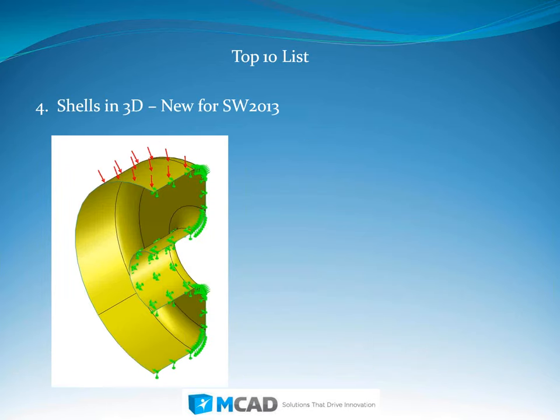And as a result, we're going to get output that's also 2-dimensional in nature. So taking a look at a symmetric model representation of that pulley with the load applied in this one upper section, when we go and set up our shell mesh within the simulation, we're going to get,